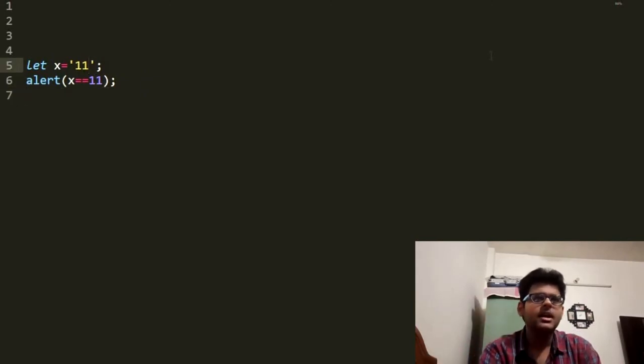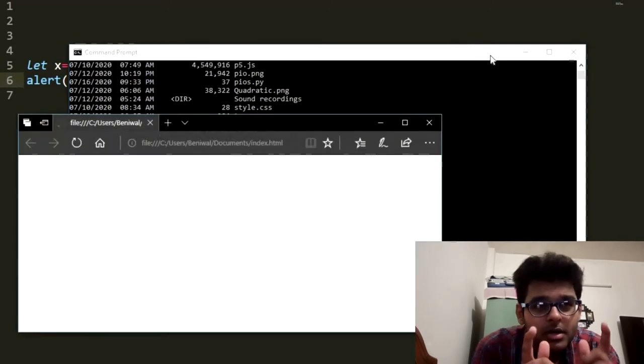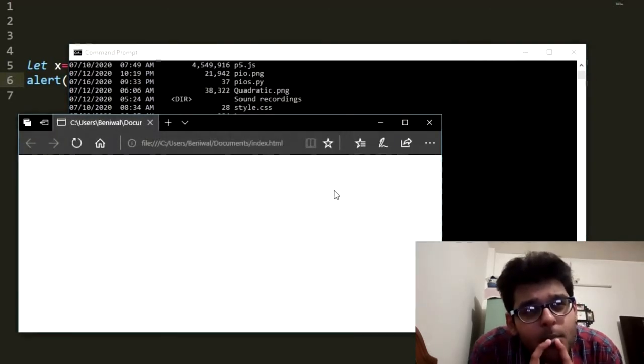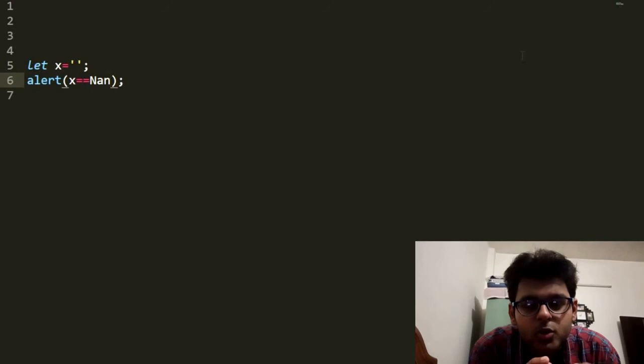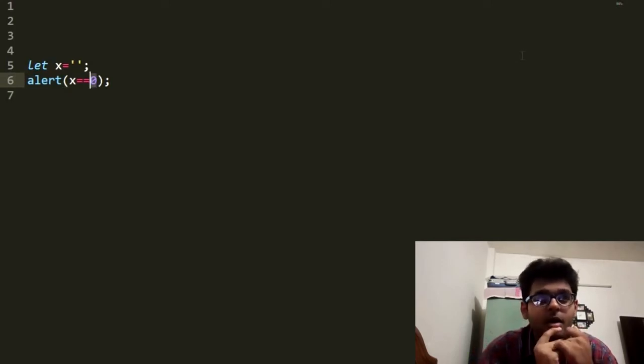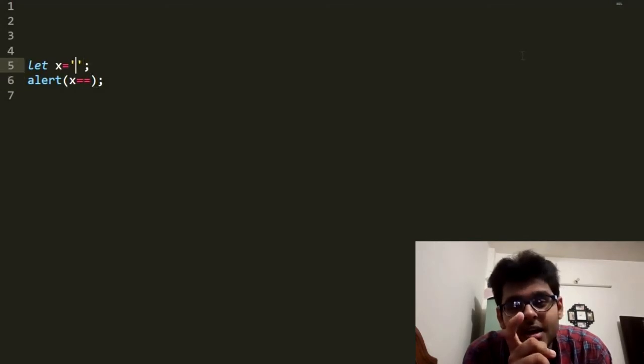And if we check a null string with NaN, not a number, when we run this we got our error. So NaN is not defined, but we got our output in NaN, so you cannot test with this. If we say x equal 0, this 0 is also a number. So what about checking this with alert x equal true?